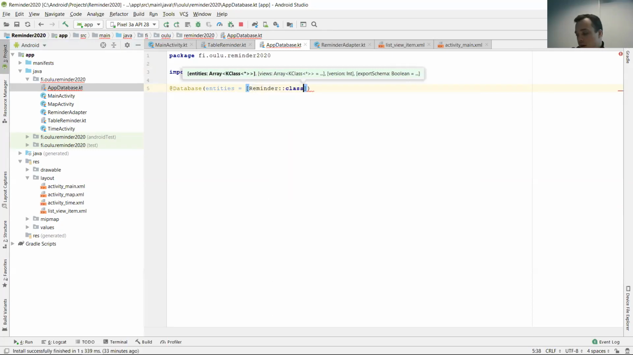Plus. It's the one that we have created just before. You need to specify the version of the database. Obviously, you start from 1. This version means when you